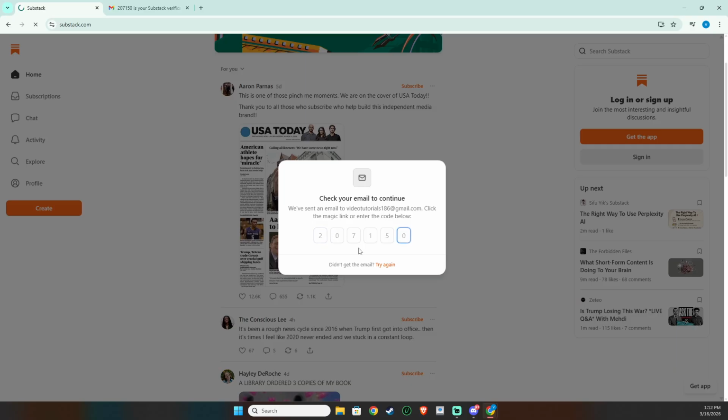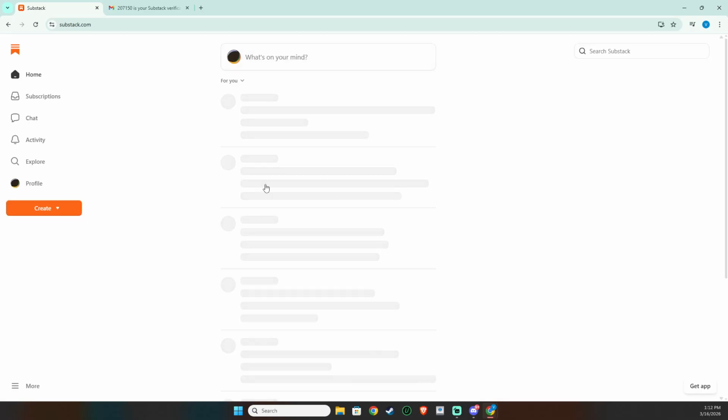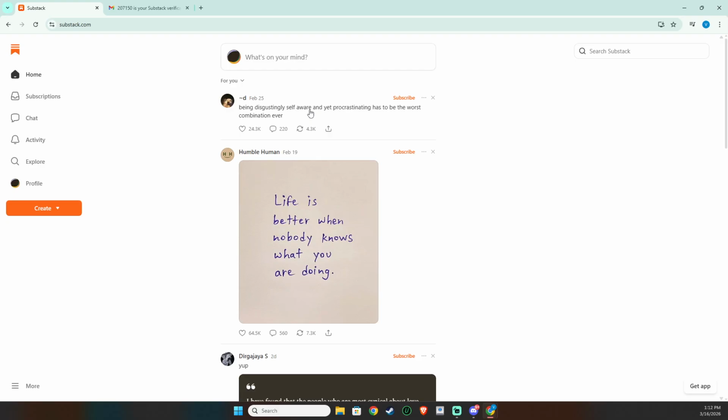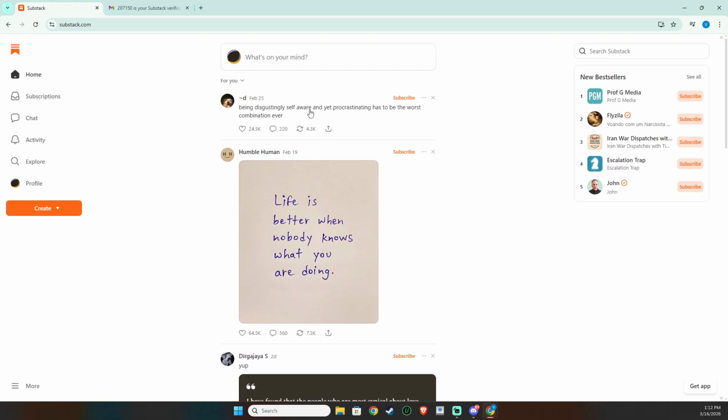Inside, you'll see a one-time code. This code is time-sensitive and can only be used once, so plan to enter it right away. Copy the code exactly as shown. Highlight it and copy, being careful not to include any extra spaces. On mobile, a long press usually brings up the copy option. Keep this code private. Treat it like a password.